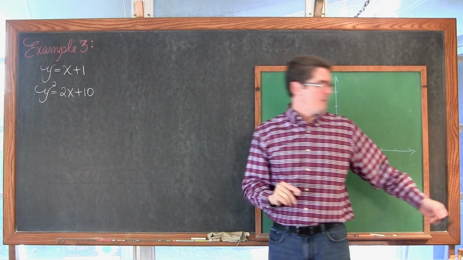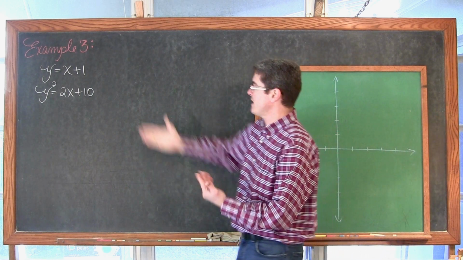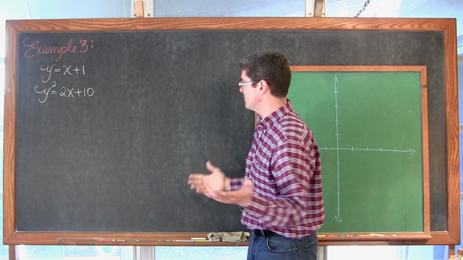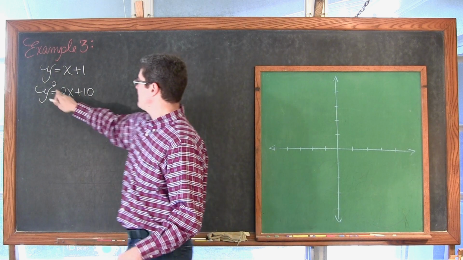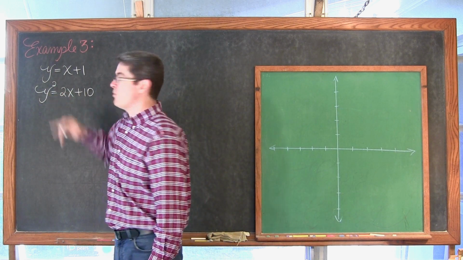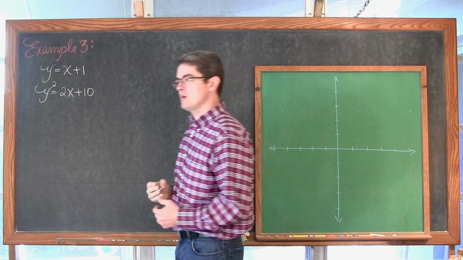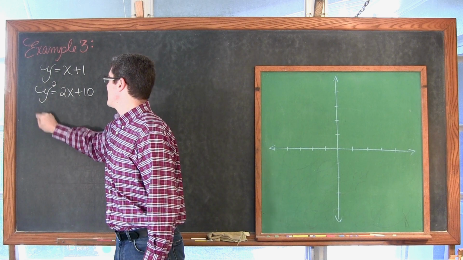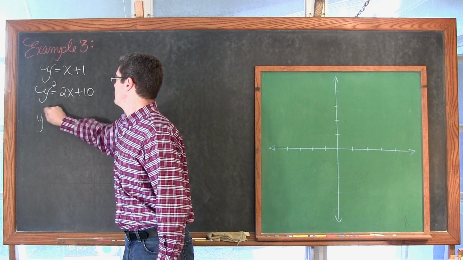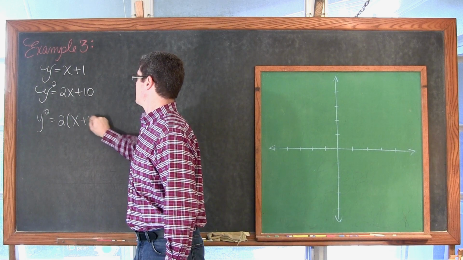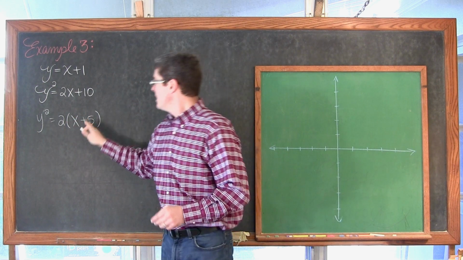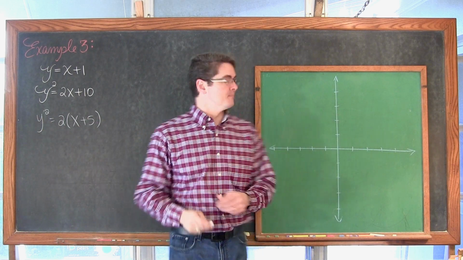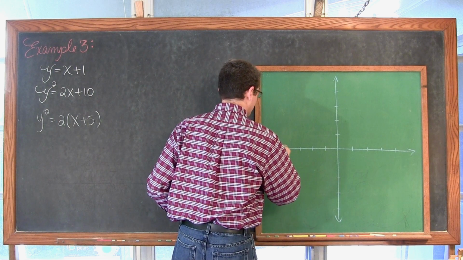Let's find the area bound by these two graphs. Again, we have a straight line. And here we have y squared is equal to 2x plus 10. So we have clearly a parabola, and the y is squared instead of the x, so it is opening sideways. Kind of sounds familiar to something I talked about earlier in this video. That means that we have y squared is equal to 2 times x plus 5. So our vertex here is at negative 5, 0, since this is already in standard form. So negative 5, 0, we got one right there.